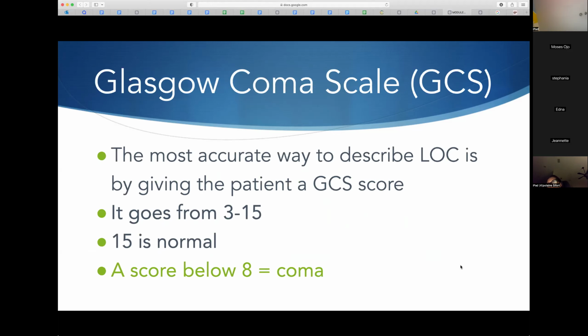So that is why as nurses, we follow the Glasgow Coma scale. So please also memorize this. The Glasgow Coma scale is the most accurate, objective way to describe level of consciousness. So when you want to assess the brain, you want to first begin with, hey, how conscious is this patient? And the way that you assess their level of consciousness is you are going to determine their Glasgow Coma scale score. And most of the time as nurses, you can do it